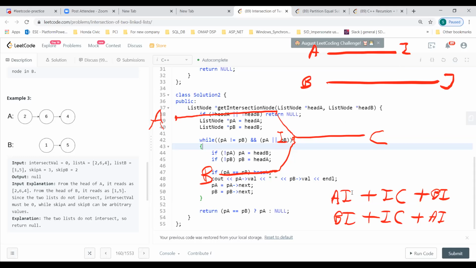So overall, we are comparing the entire length of the linked list, both of them together. So we are doing 2 passes for both of them and another additional pass for the intersection. So almost 3 passes is what you were running through. Exactly.